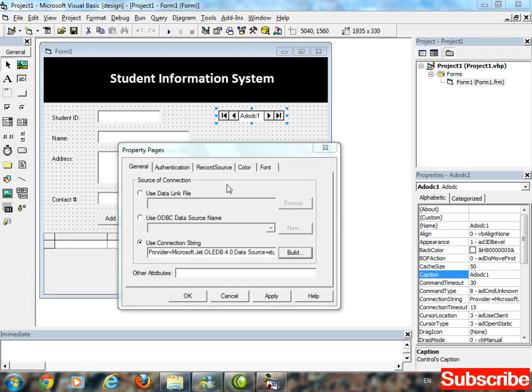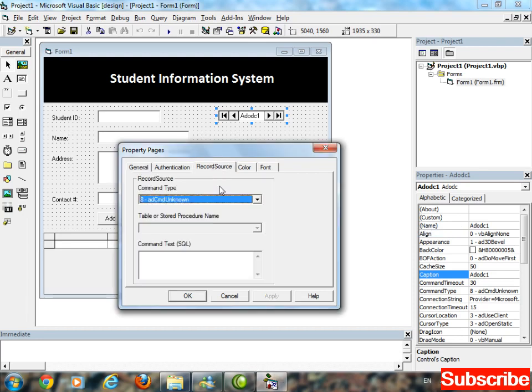Now you have to select the record from database. So go to record source. Select record source. Here are three options. Command type. We are going to select data from table.